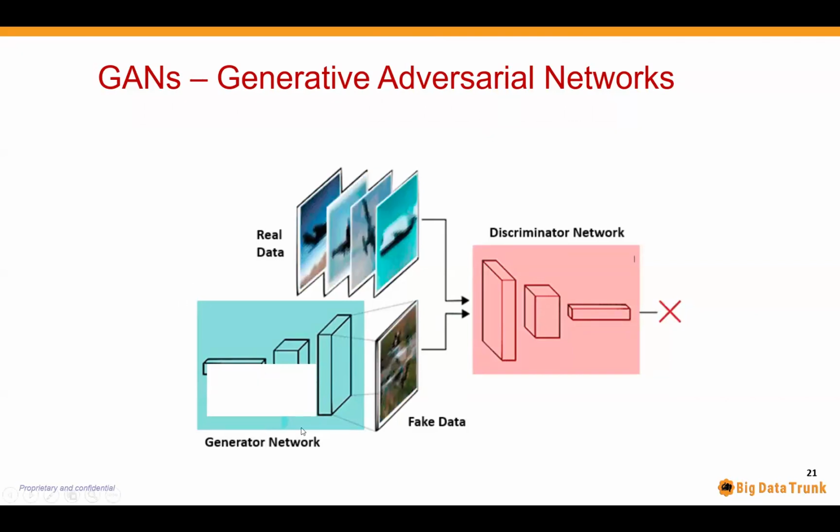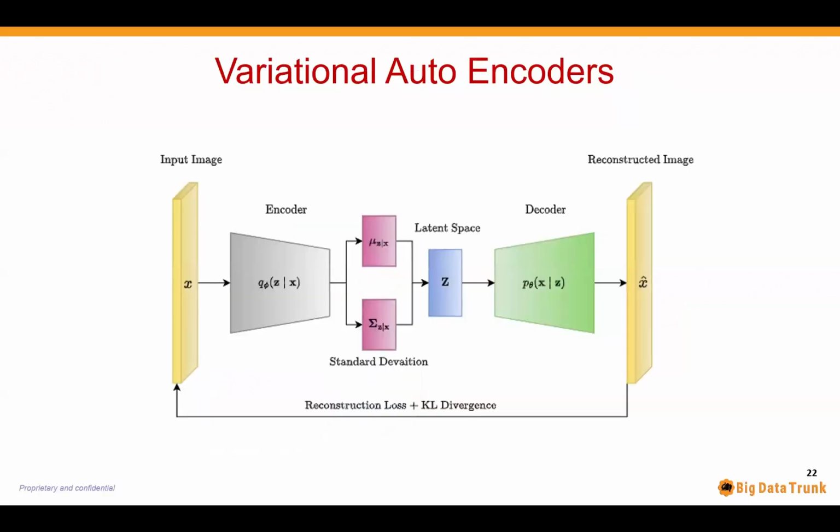Then we have a whole generator part of the network that tries to build similar kinds of images. So this is generated or fake data that our system is building. And then we have a discriminator that tries to figure out whether it is real or fake. For this whole pipeline to work well, you want your generator to build images that are almost as good as real, and you want your discriminator to be so good that it can easily tell the fake ones from the real. And the better the quality of data generation, the better your overall network works.